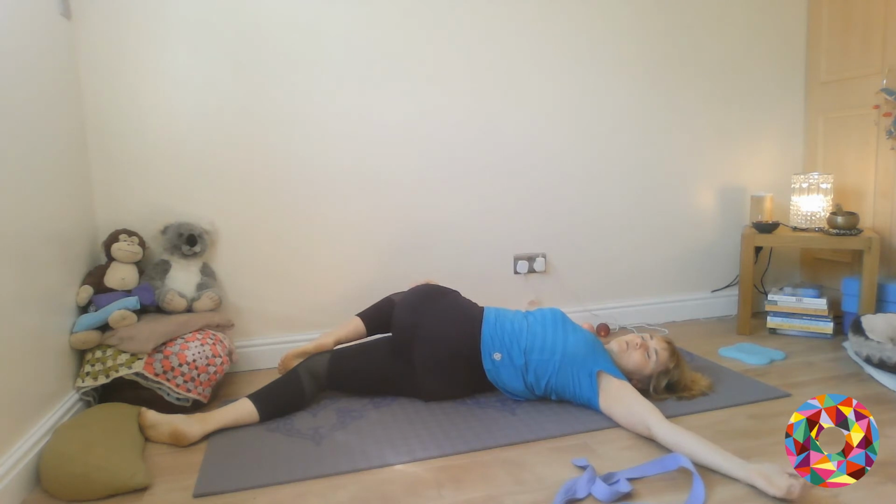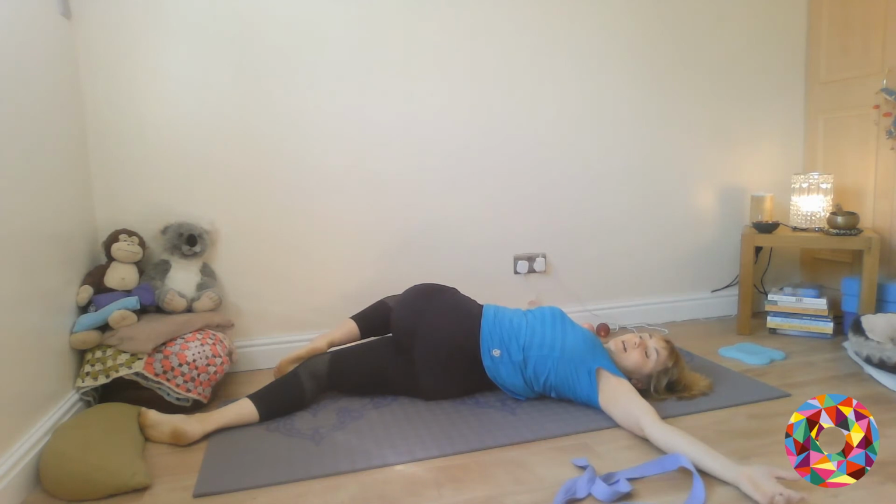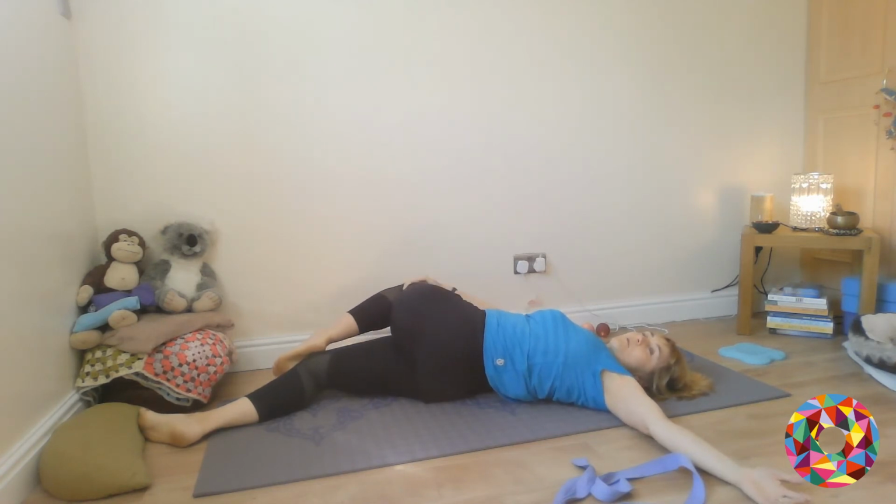So again, we can bring the awareness into the breath, breathing into that right side, down into the belly, and then breathing out and allowing the body to stretch, let go and release. So this is a beautiful stretch for opening up into the side of the body, for releasing and opening the hips and giving the whole spine a fabulous rotation. And then on the next in-breath, we'll come up